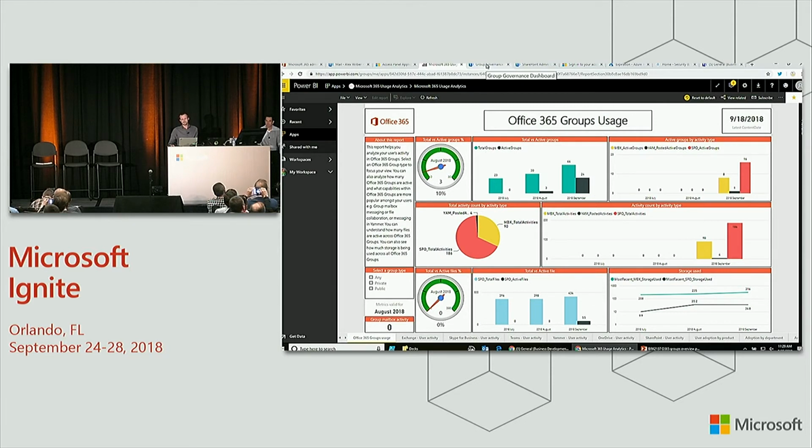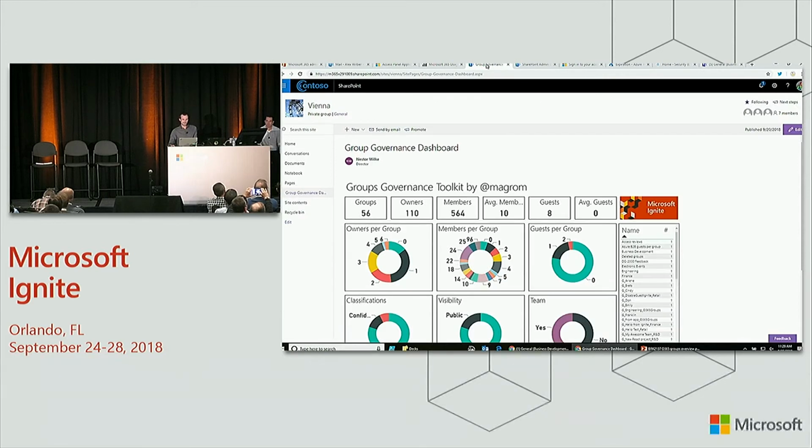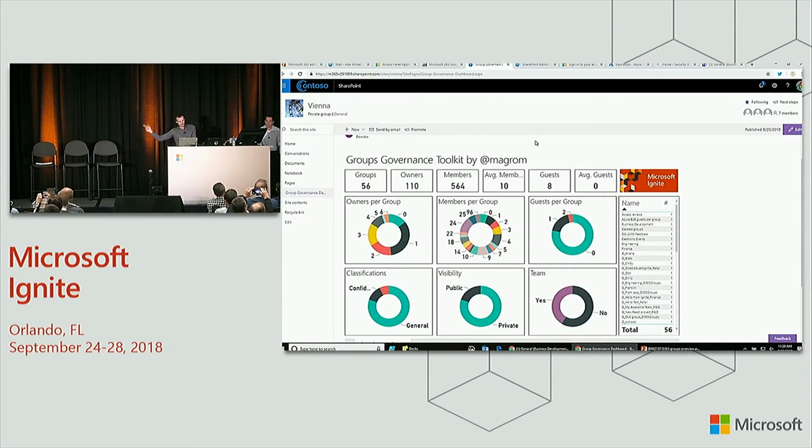But like everything with data, you always have your own report. And here's another example that, again, Martina is going to be demoing tomorrow in our session, where she's leveraging Azure Function on an out-of-the-box API to even take it a step further. And she's created this own beautiful dashboard. In this case, you can see ownerless groups or average number of owners per group, and how many groups are private versus public, and how many people are using the general classification, and so on.